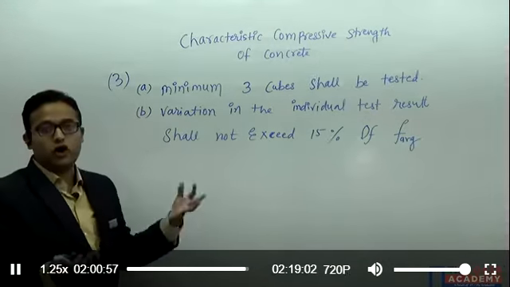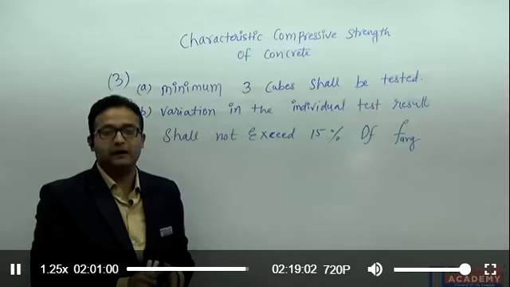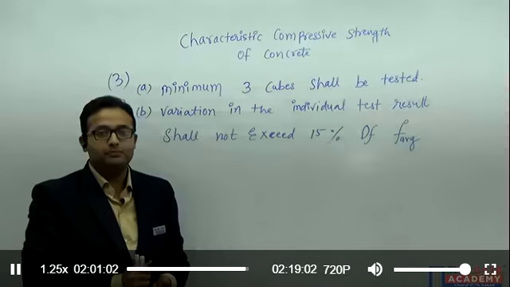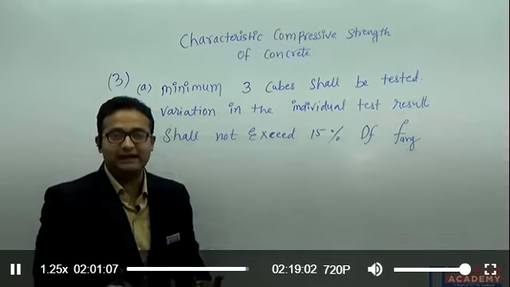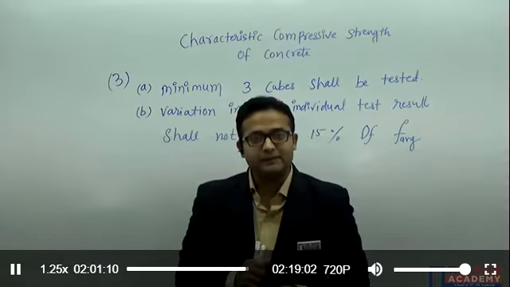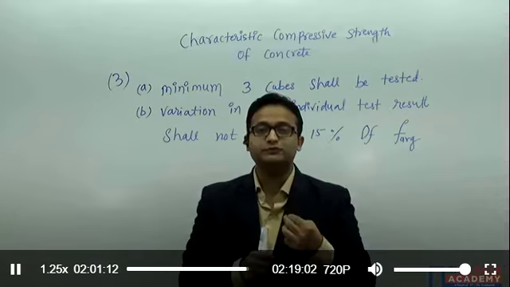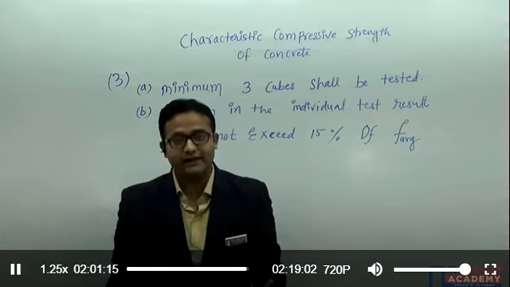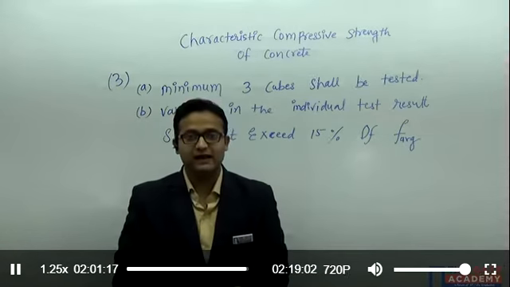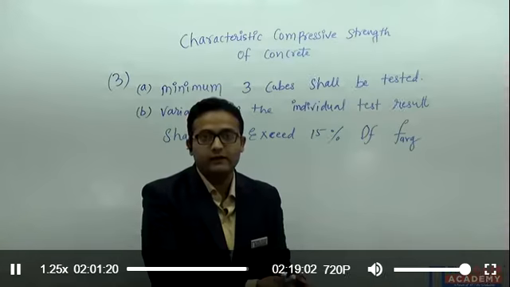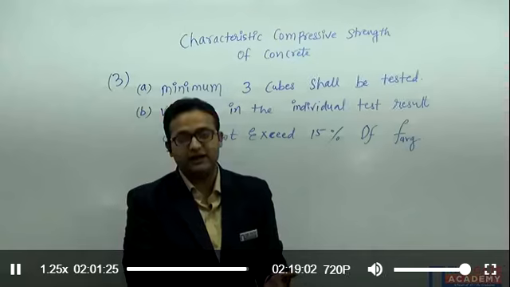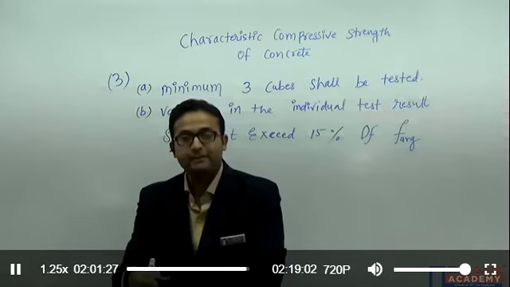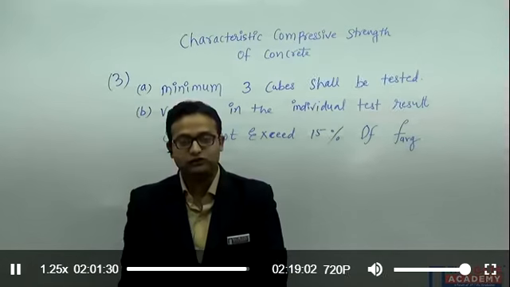So, if you are preparing the concrete, the minimum 3 cubes you should prepare. Why 3 cubes? Why not 1 cube only? We people can take 1 cube also, and we can test in the compression testing machine. No, minimum 3 cubes shall be tested, because concrete is not a homogeneous material. At different location of the concrete, the proportion of cement to aggregate ratio or the aggregate to cement ratio may be different.